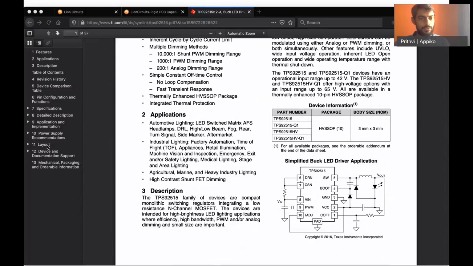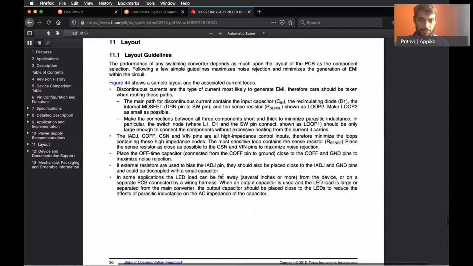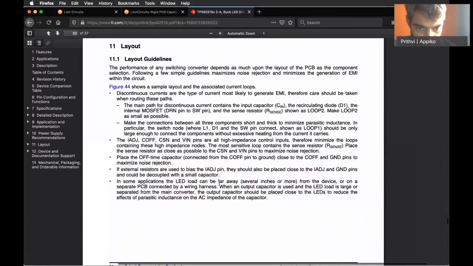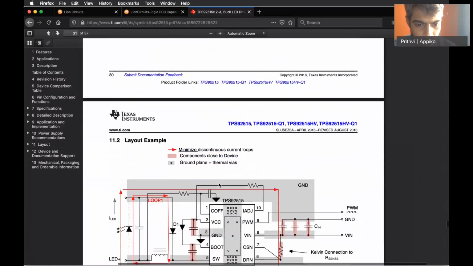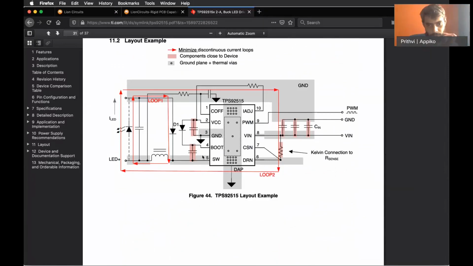When designing the PCB, the layout guidelines are something that need to be referred to. So this is the layout guideline, and this is the description. Like they mentioned, the various two current loops need to be as minimal as possible, and also the various capacitors present for decoupling need to be placed as close as possible.